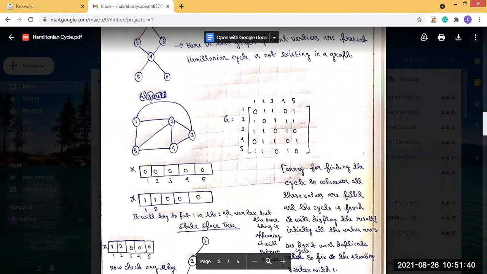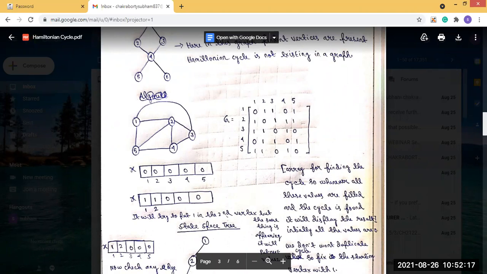Today we will basically see the implementation. In the previous class, we discussed how we can find a Hamiltonian cycle. Now we will see how, using the following algorithm, we can implement it. A graph will be given, and from there, through the algorithm, we will find our Hamiltonian cycle today.